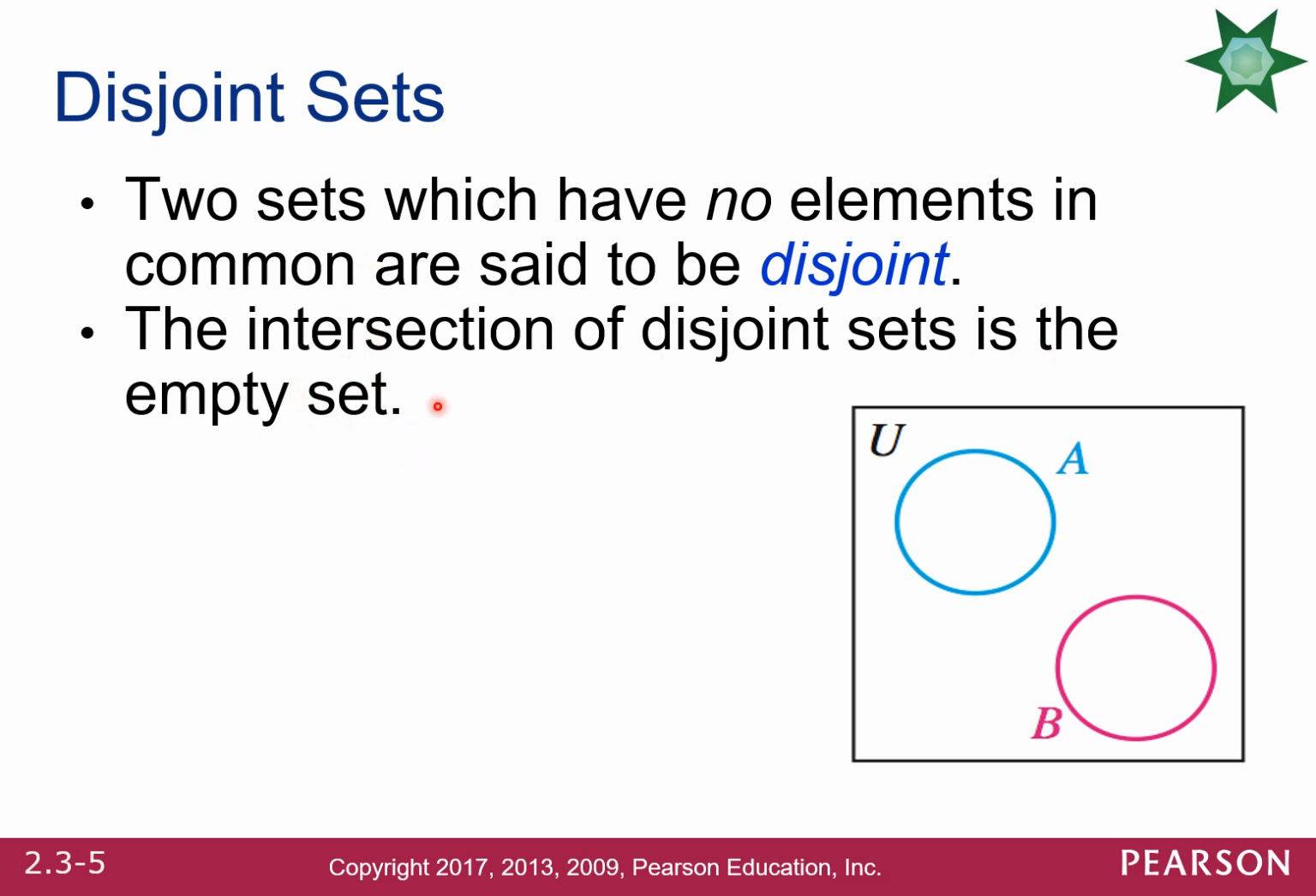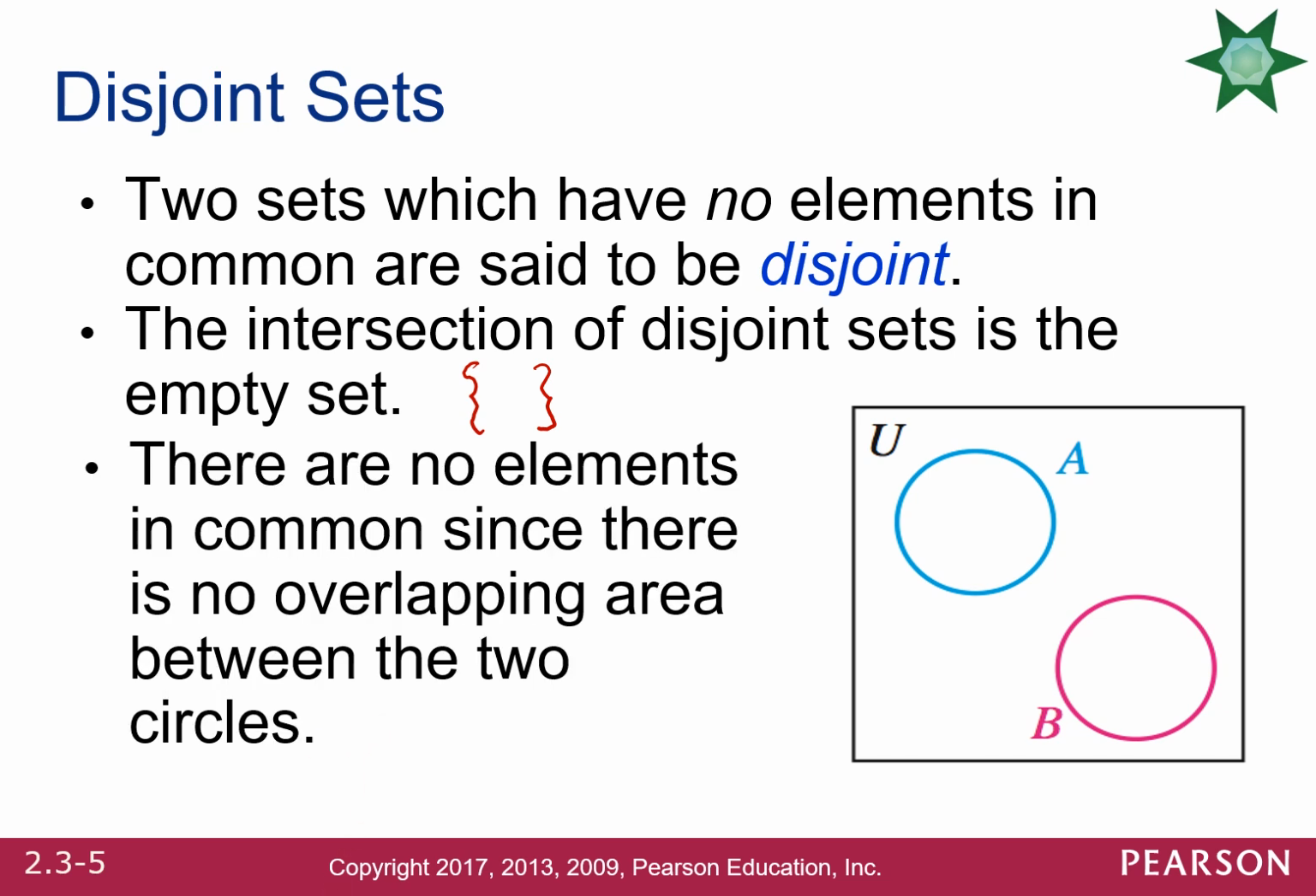Intersection means the common elements. The common elements between two or more sets represent the intersection. It's known as the intersection of sets. Since there are no common elements in disjoint sets, the intersection will be represented as an empty set, just a pair of brackets with nothing between the brackets. All right, and then finally it says here there are no elements in common since there's no overlapping area between